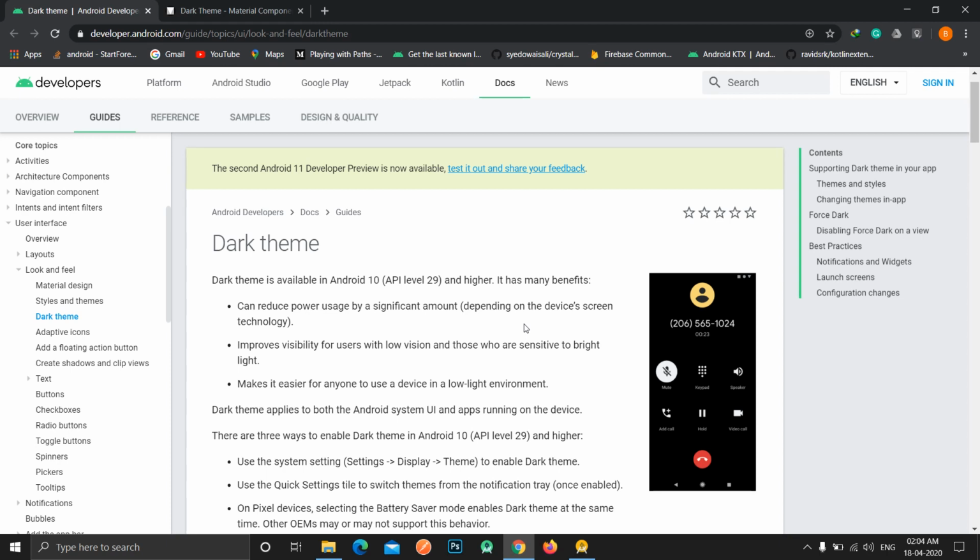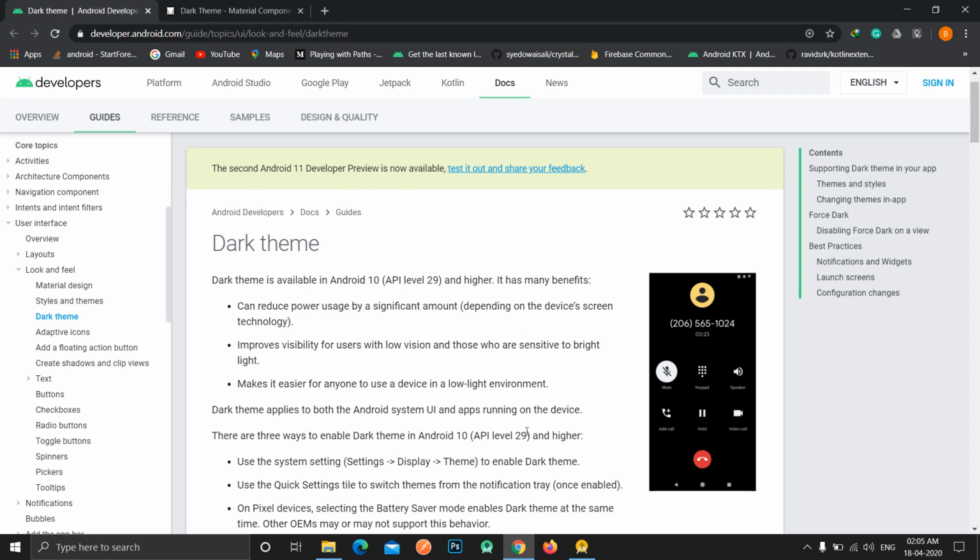In this video we will be keeping it very short and quick, and we will see how we can implement the dark theme in our applications. We will talk about different components, like how we can implement different components that will react based on different theme settings, like we will change the image or a background color or an icon or a text based on the theme selection. And we will see how easy it is to implement the dark theme in our existing or new applications. So let's get started.